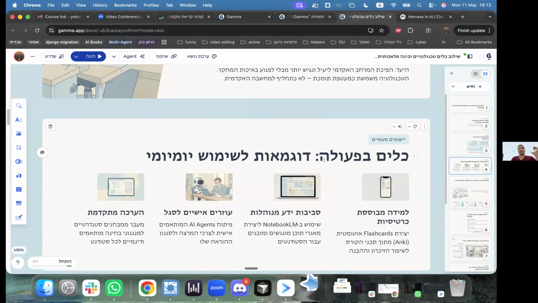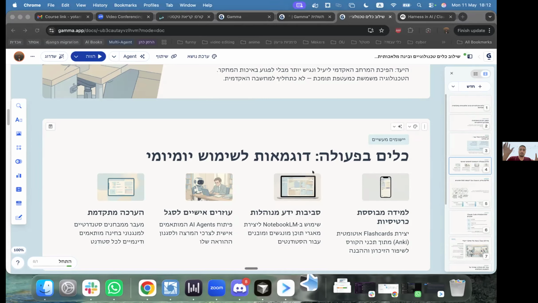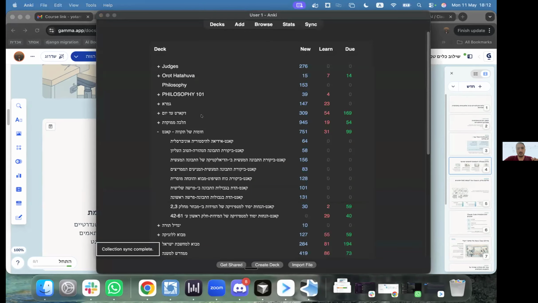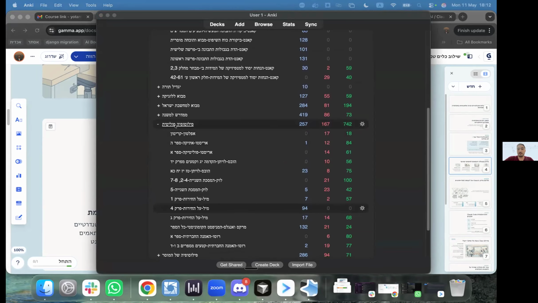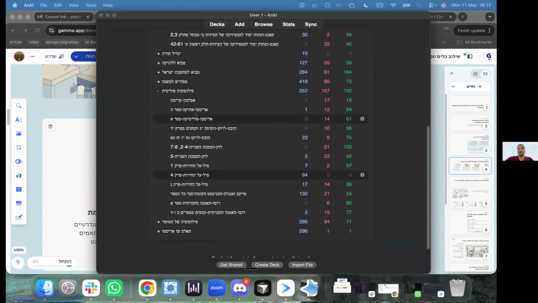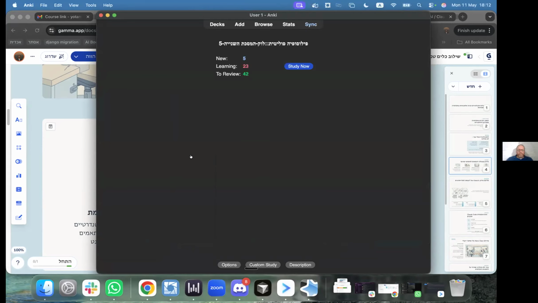The other thing I created, via programming and not specifically with AI, is Anki cards. If you don't know Anki, you don't really need to know it. It's basically an application to create flashcards, where you can decide what will be on each side of the card and also the style and context of each card. For example, I had a course on political philosophy. I was generating really easily 1,200 cards, each one looks like